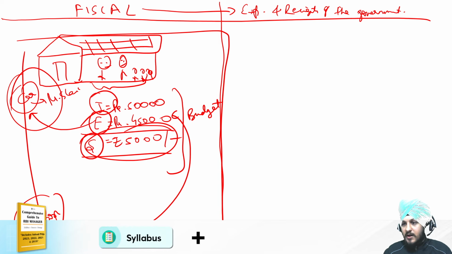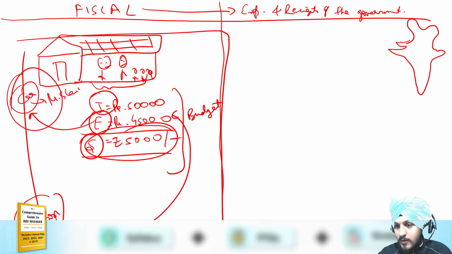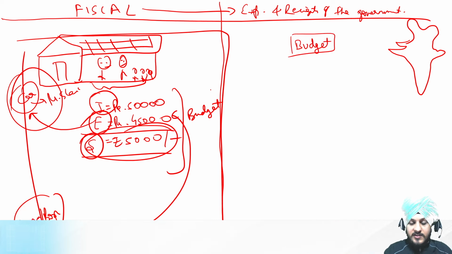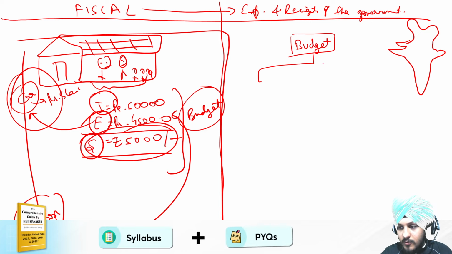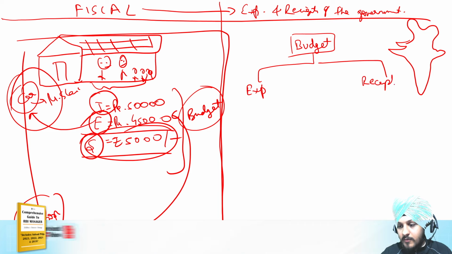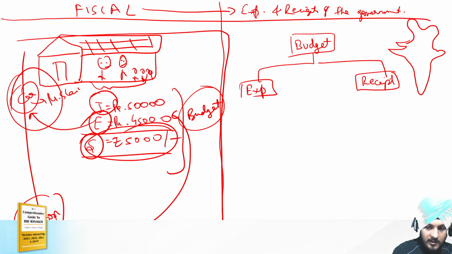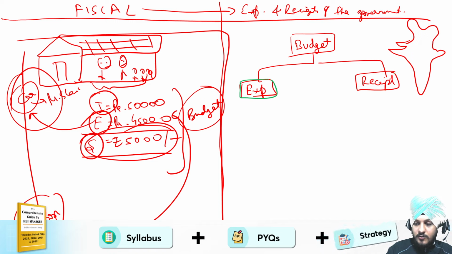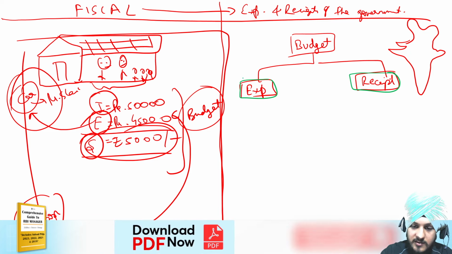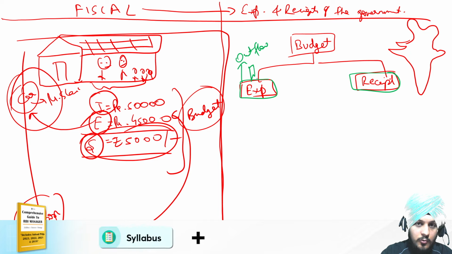The family is managing their expenditure and receipts. So when it comes to the nation, every nation has a certain budget, just like this family, and this budget can be divided into the expenditure and receipt. Now let me change the color of the ink. Expenditure means the outflow of money, the money that we are expending in order to meet certain objectives,